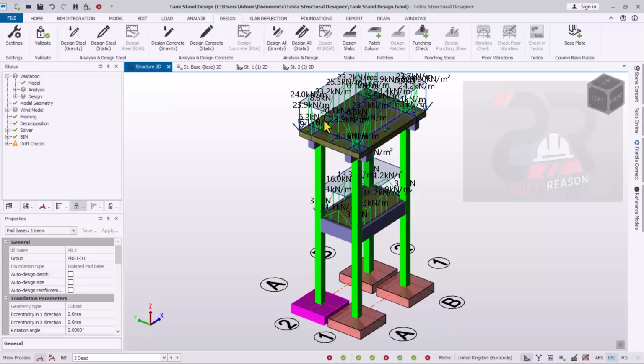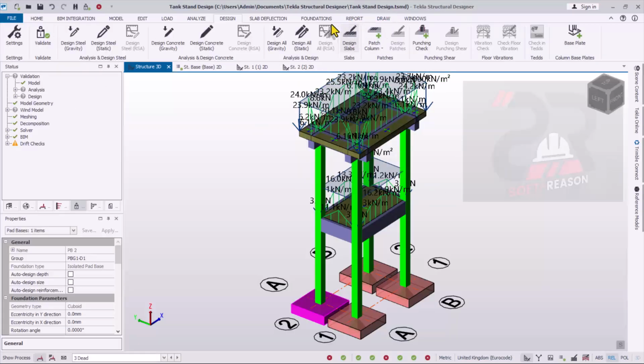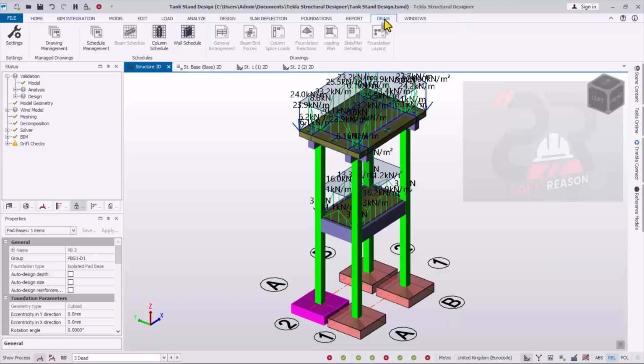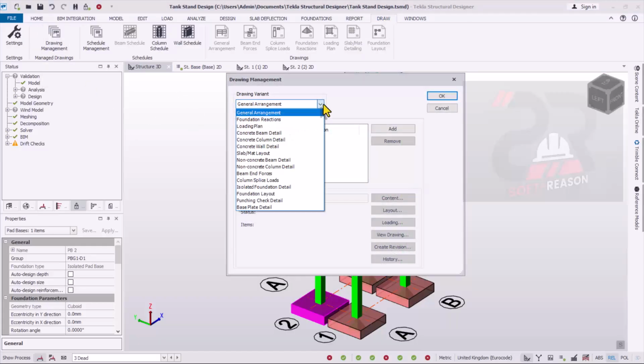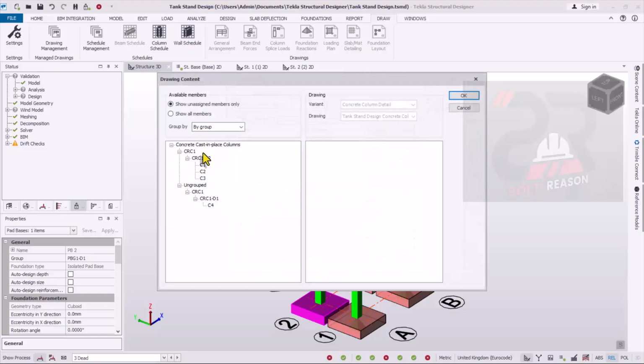Okay, so for us to do that, first of all, save this model, and then you navigate to this draw options. So click on this drawing management. So in this drawing management, just select the type of drawing in these provisions. We want to produce the reinforced concrete detailed drawings. Select right there and click on the add provisions, and then click in this content,